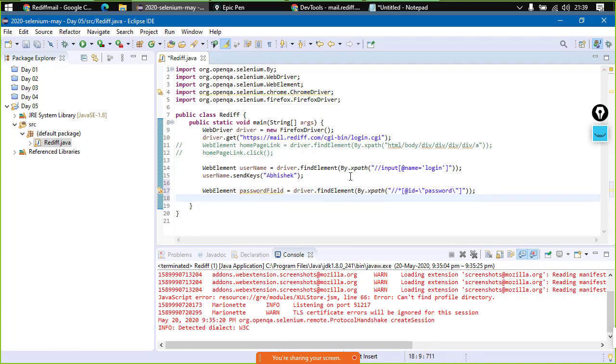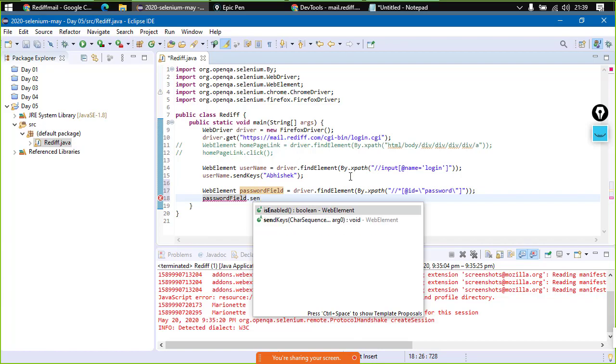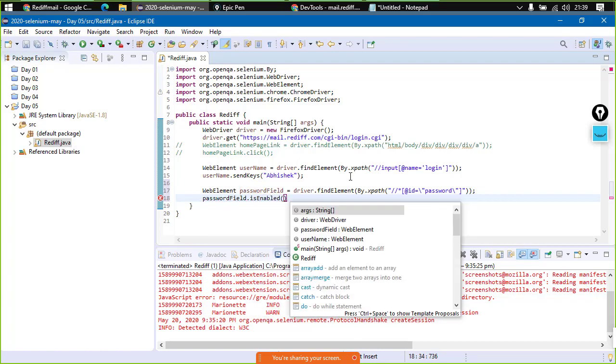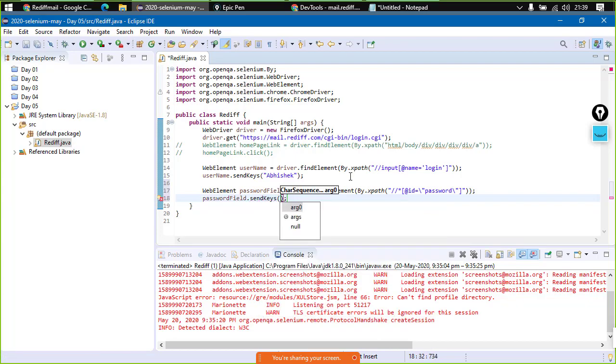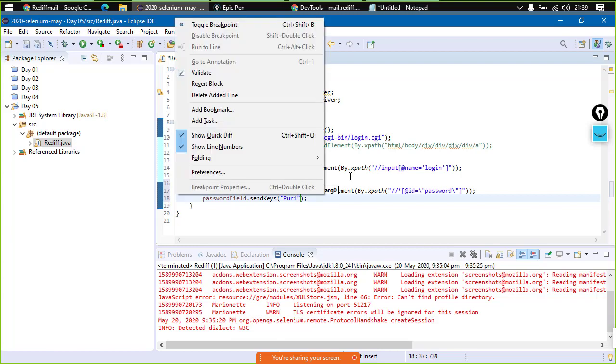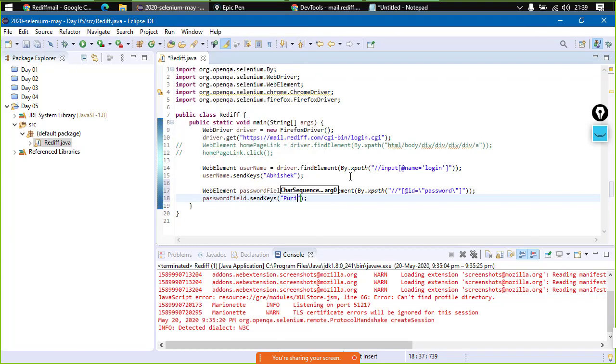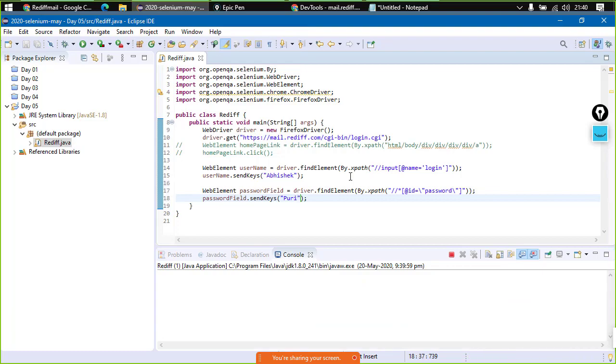Now the next thing is, say, working with the password field. So passwordField.sendKeys. Why does it suggest that all the time? So over here, sendKeys, what data would I like to send? Say I would like to send some data that is my surname, right? Let us just try running this. Control F11. The code is executing. Let us just see what happens.